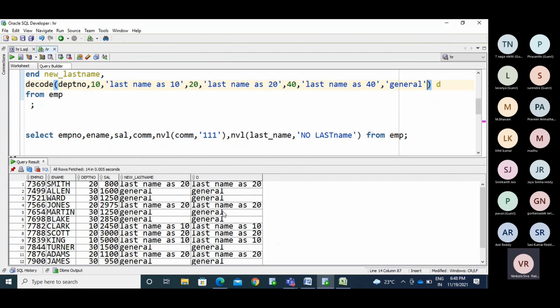Okay, so why do we have two functions here? You can achieve it with either case or decode. Which function was introduced first, we don't have any idea about that. Maybe if the decode function was introduced first, why was the case statement introduced again? Correct, right?